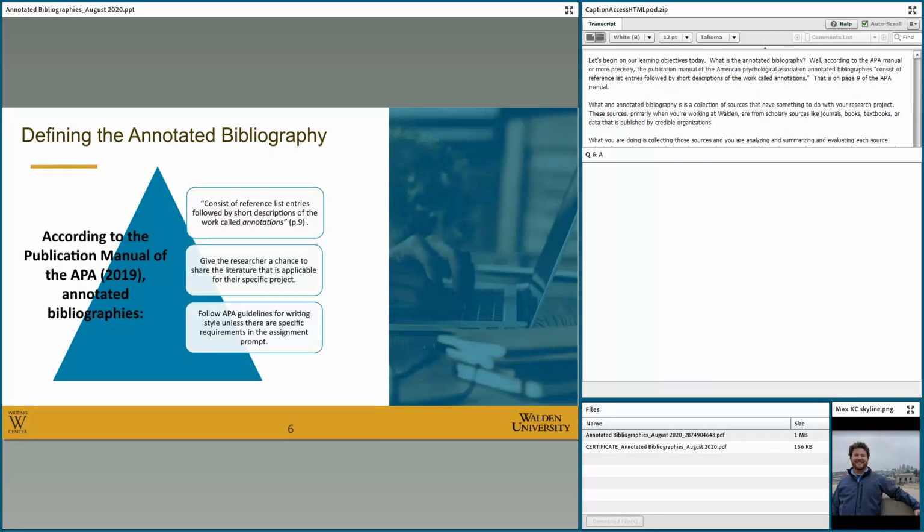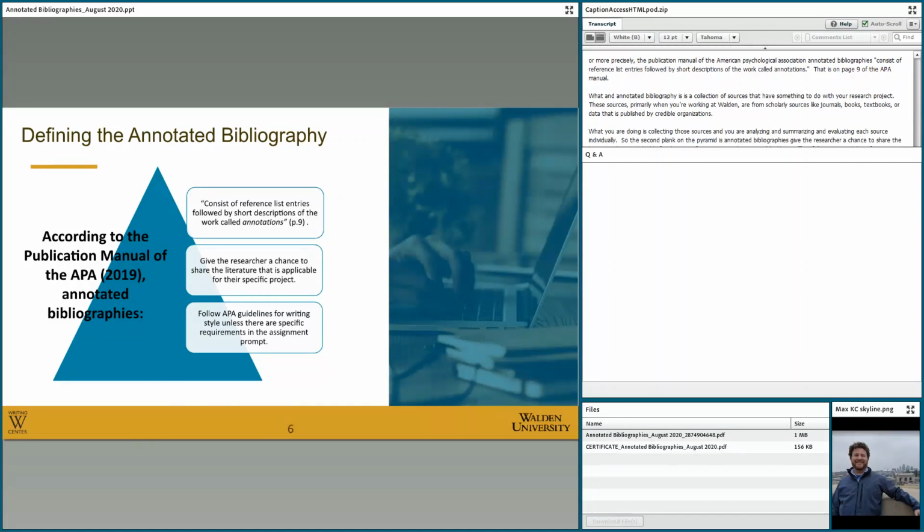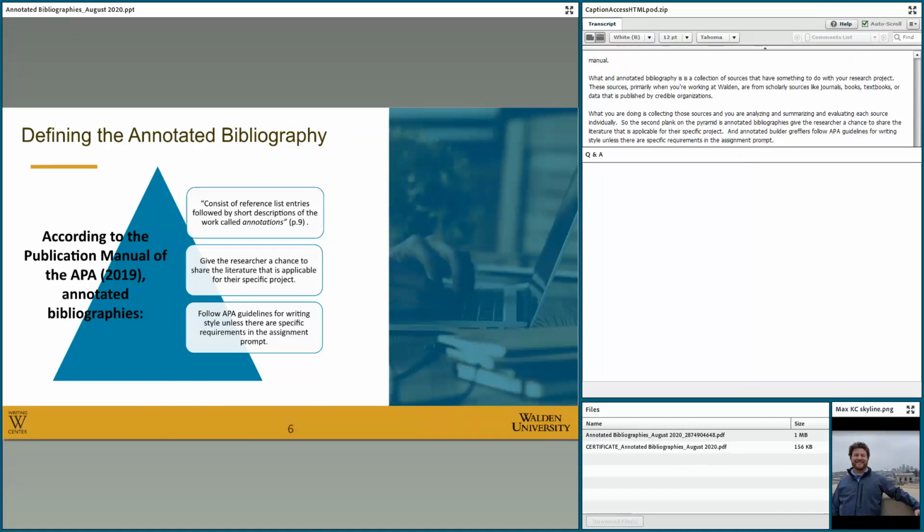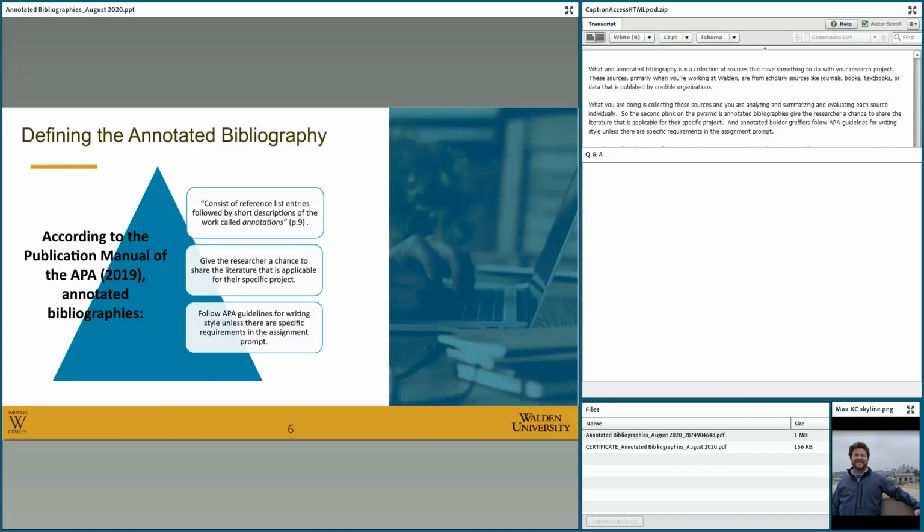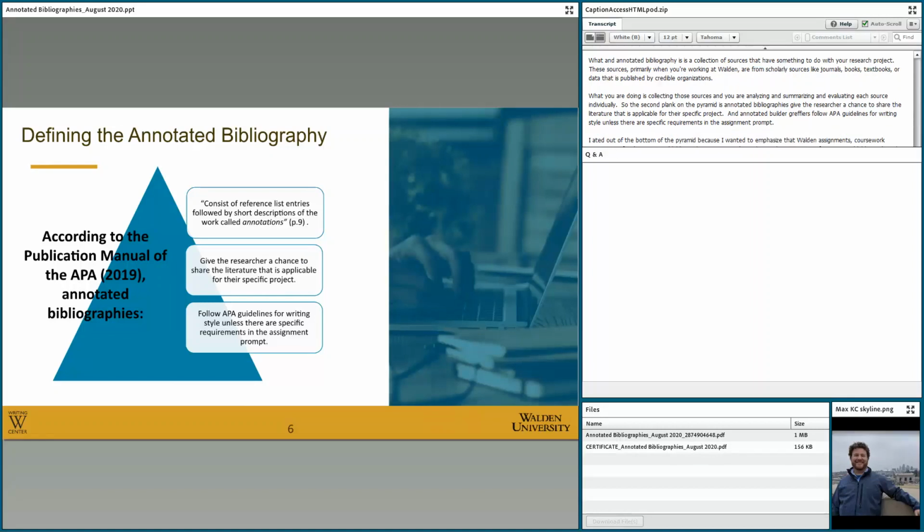And annotated bibliographies follow APA guidelines for writing style unless there are specific requirements in the assignment prompt. And I added that at the bottom of the pyramid because I wanted to emphasize that Walden assignments, coursework assignments for the annotated bibliography, are very context dependent. The assignments for annotated bibliographies that you get at Walden are specific to